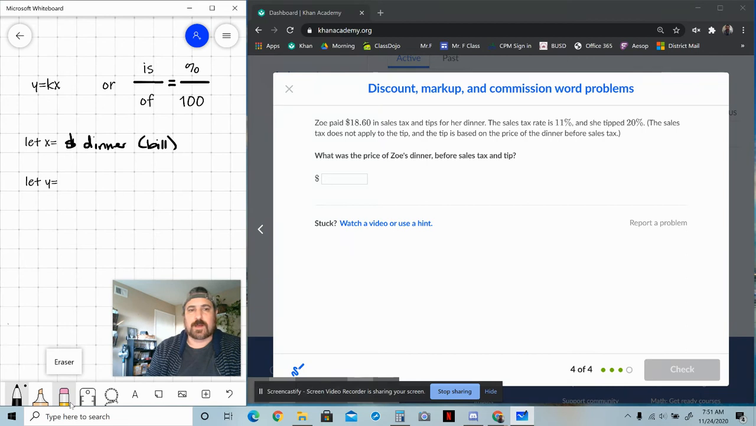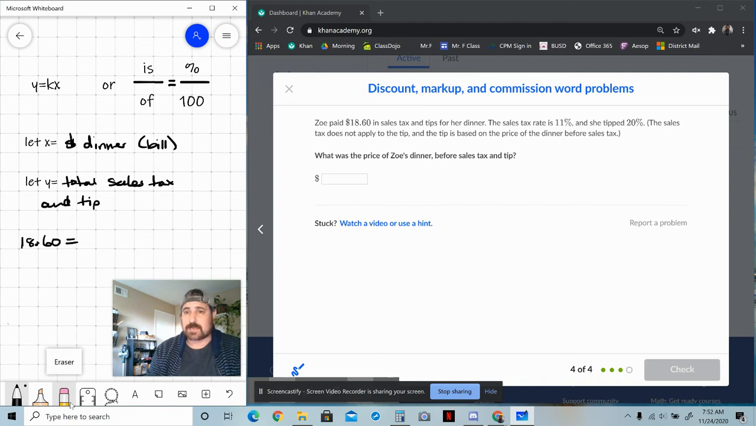Let Y equal... it says, what was the price of Zoe's dinner before the sales tax and tip? So it says $18.60 in sales tax and tips for her dinner. All right, so let Y equal the total sales tax and tip. Let's just let that be the value of Y. So if that's the case, then the Y, which is $18.60, the total sales tax and tip, is going to be equal to